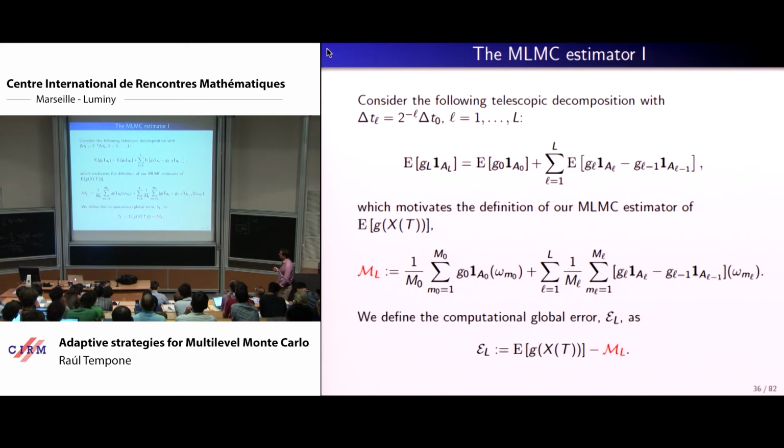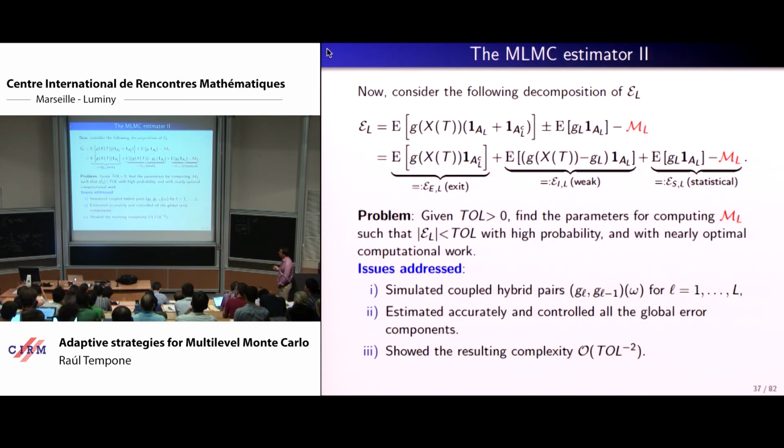Okay, and like I told you before, one can write a multilevel Monte Carlo based on these types of paths, right? Find the m's and find the L. So you control the exit type of error, essentially that is related to the indicator function of the path going out, and that will produce an O(1) error. That's why you have to control this via the exit probability. Then the weak error, that is more or less what we have discussed before with the diffusions, and then the statistical error that doesn't change from the discussion that I made before.